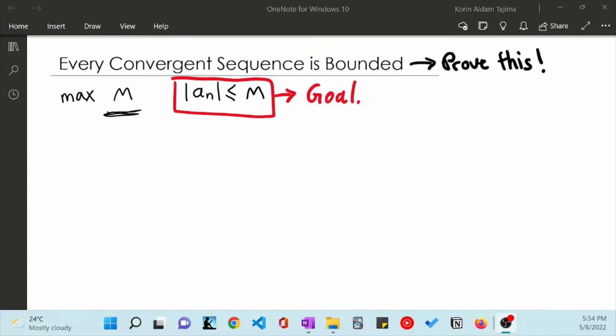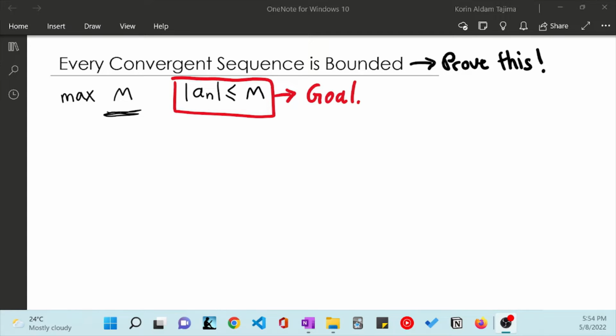Anyways. Okay, so first, what does it mean by bounded? Well, you think of bounds, something that's around our sequence. So that means that there's a maximum and minimum value of our sequence. That would make sense. If our sequence converges to a certain value, it's not going to diverge to infinity, which would be the case that it doesn't have a maximum, or negative infinity, which is no minimum. So that's what it means by bounded.